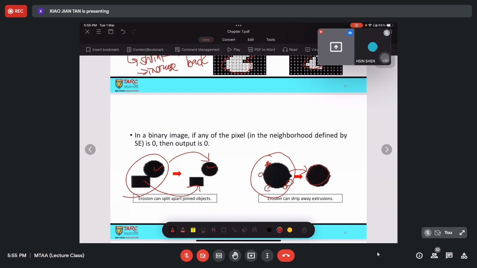And as I always say, you have to know your application. If you don't know your application, it's very hard for you to know what is being taught here. This is basic image processing technique, so you can't really say, I want to do this, what should I do? I cannot tell you something like that.